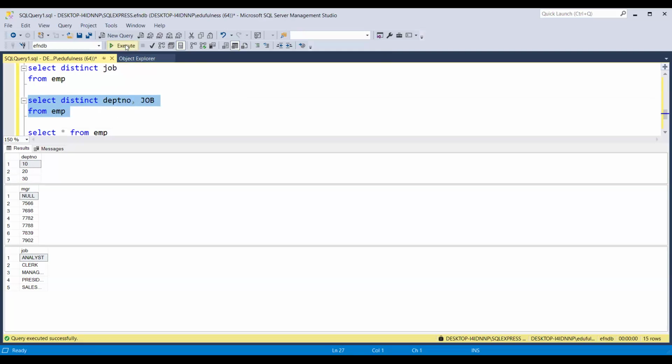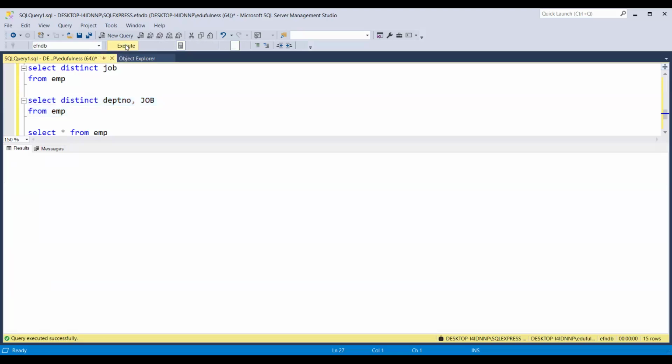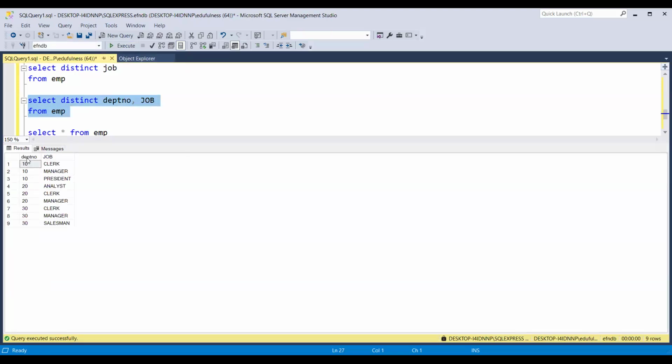If I click on execute, see here. Under department number, repetitions are there, but distinct is telling unique. Under job also repetitions are there. You can see manager, manager, manager, clerk, clerk. So think carefully when you write multiple columns after the DISTINCT keyword, not just one column.